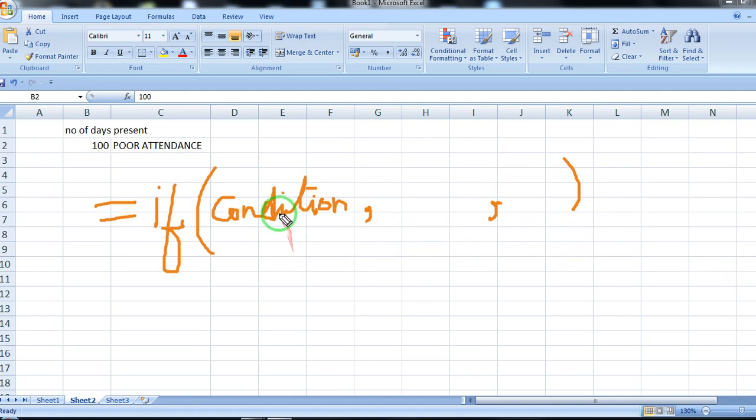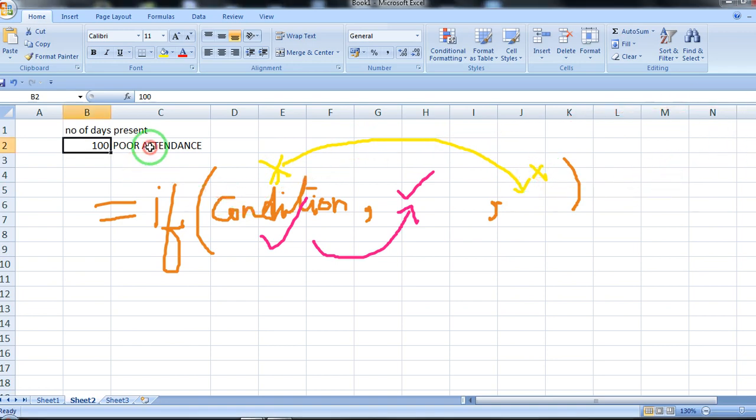If the condition given over here is true, then whatever you write after the first comma, this information will be displayed. And if this condition is false, then whatever you write after the second comma, this information will be displayed.